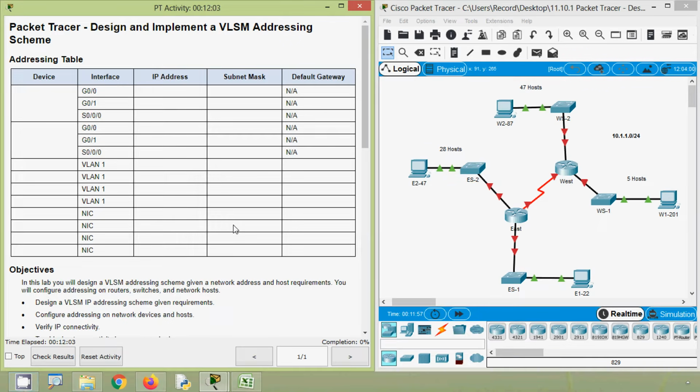In this video we are going to discuss the CCNA version 7 Packet Tracer activity, design and implement a VLSM addressing